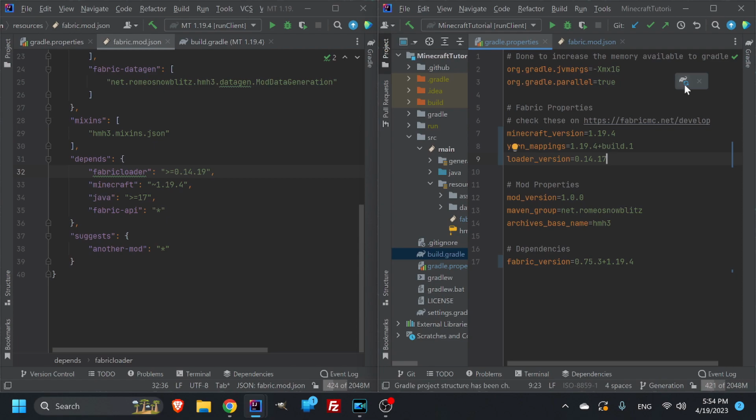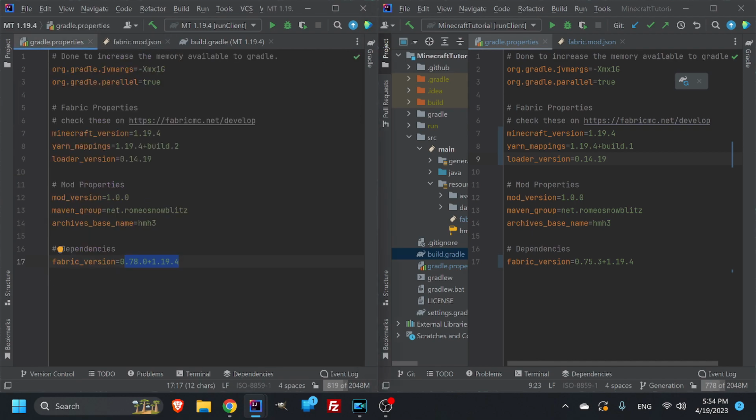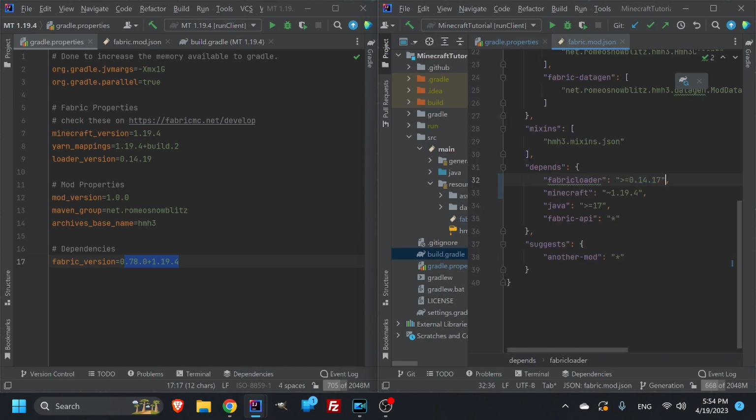So if you didn't already load it, so like I said, this would be version 14.19. If we go into here, 19, this would be build 2, 19, and then like I said, this is going to be 78. The reason why I'm showing you this is because this is what we're using,